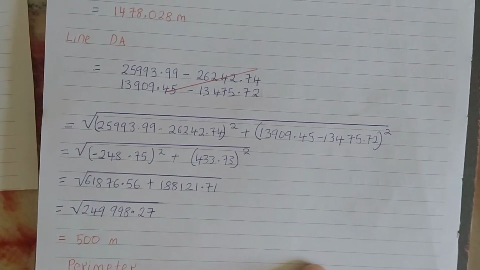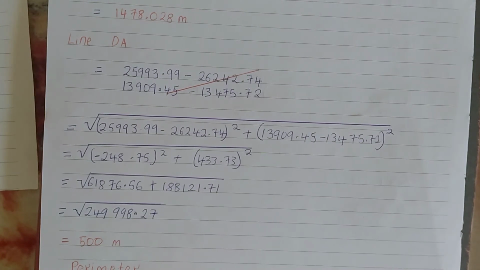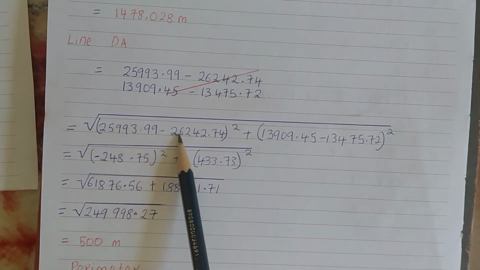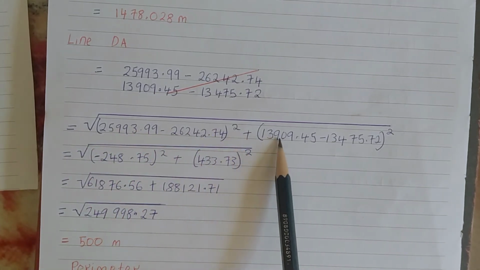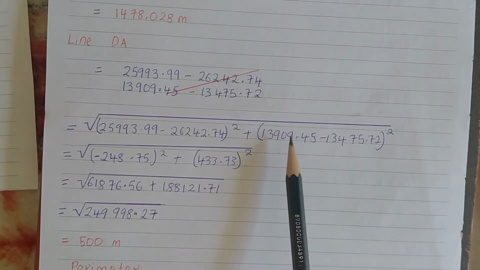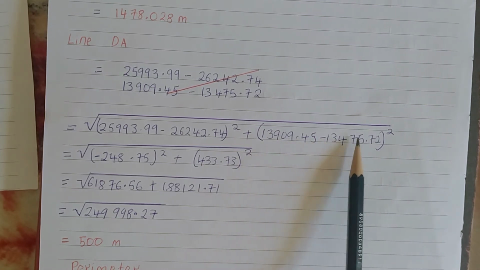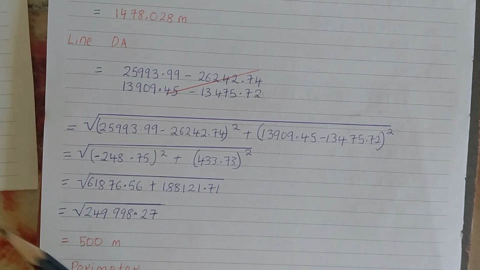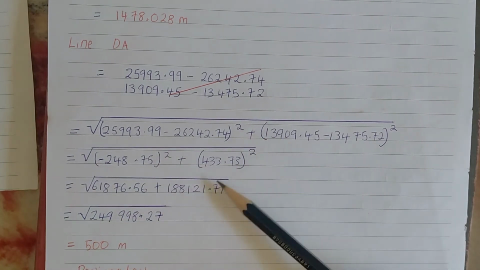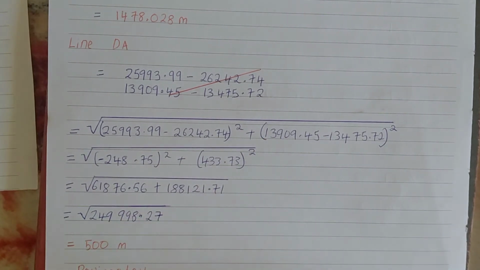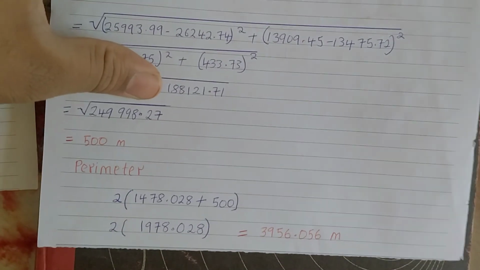And then when you calculate for the next line, which is line DA, you shall do the same. Easting 2 minus easting 1 squared plus northing 2 minus northing 1 squared, and then you find the square root. So when you calculate, you'll get it as 500 meters. And then the perimeter,